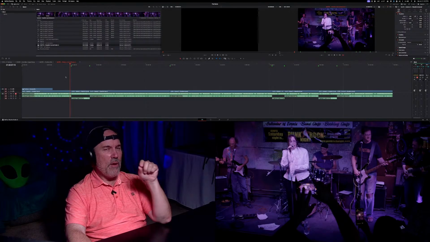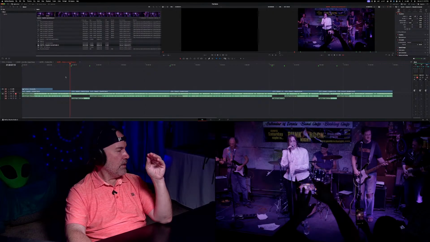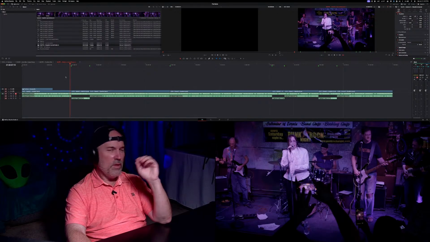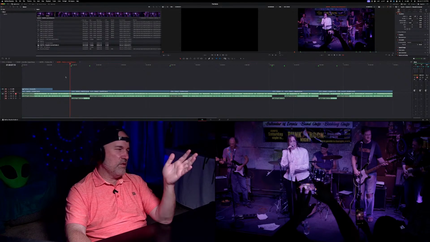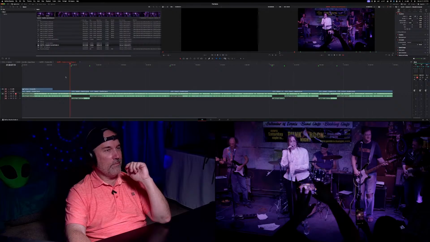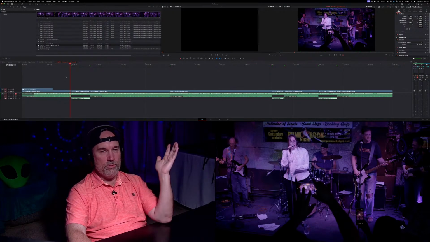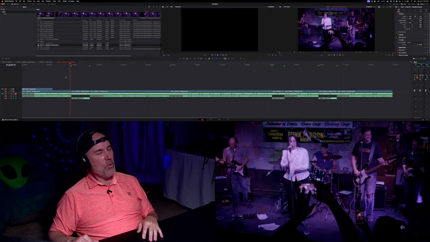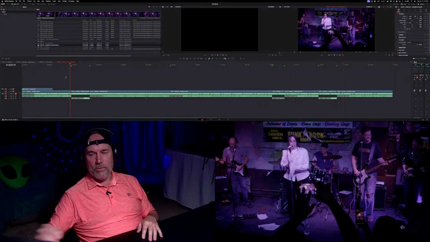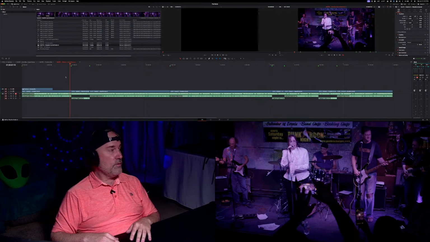and tell it how I like things organized because when I bring the files in, I organize it by the camera that it was shot on. It's almost not necessary because there's only one camera on the whole time. So I'm putting one camera angle in one bin called BMD number one, for example. But it just helps me keep things organized. But I would also tell it and train it to